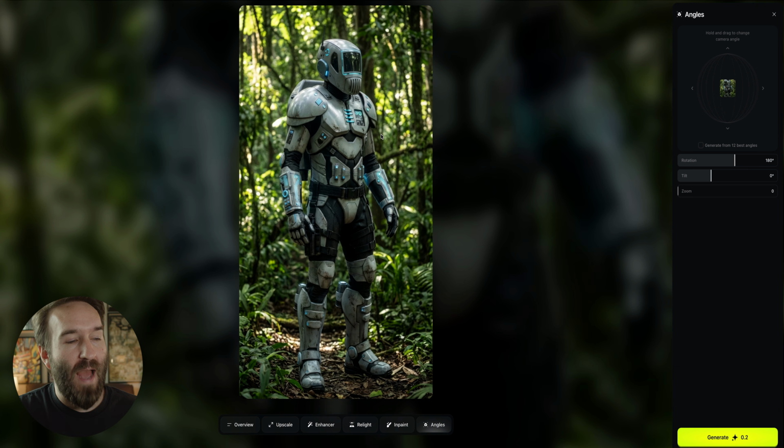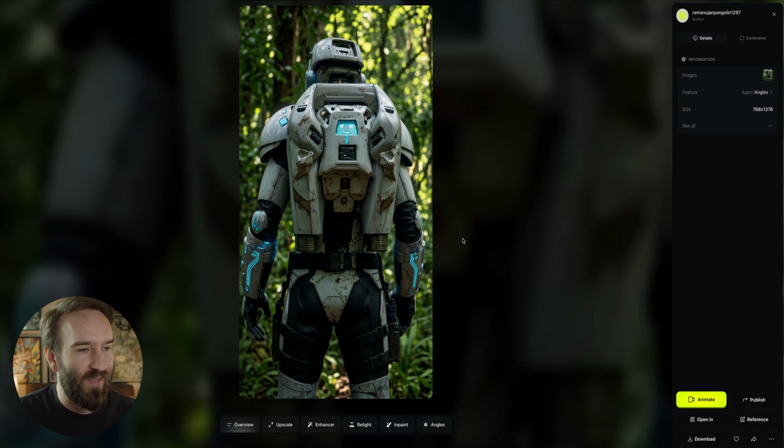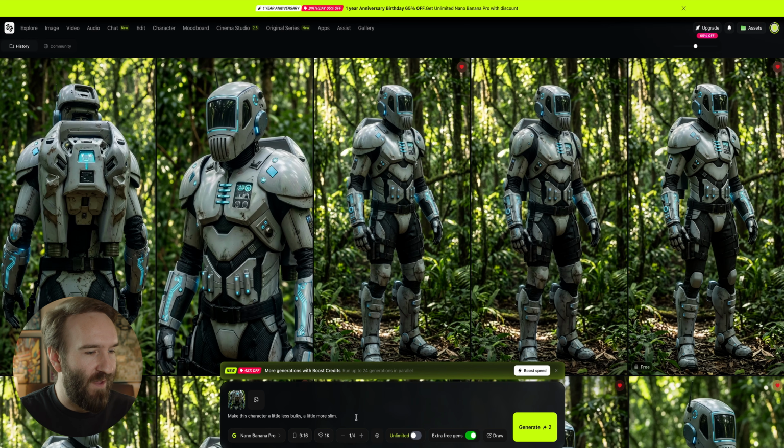In Nano Banana, I can create the character like this, and then I can go into angles and change the rotation to 180 degrees and see if it'll get me an accurate back shot. It tends to zoom in also, which I don't want, but I mean, this is cool because it gave me a new angle, and this one is like a 180 degree from behind it. So the cool thing is that I could take this as a reference and see if I can just tell it to zoom out a little bit and make some changes to the jetpack.